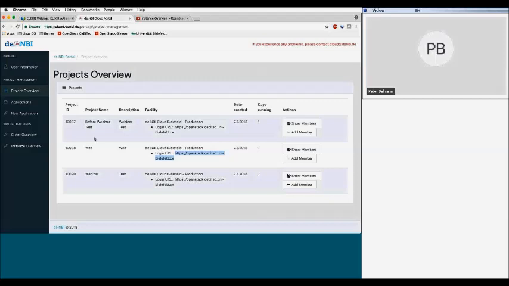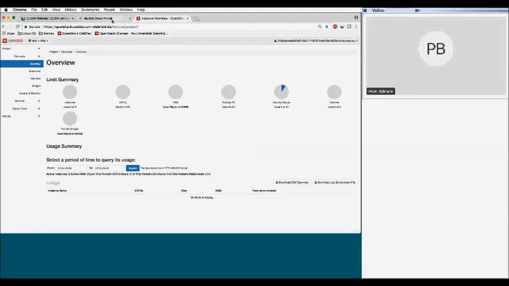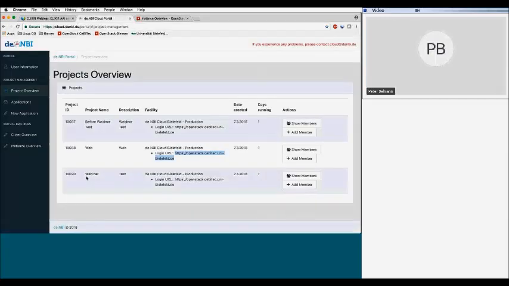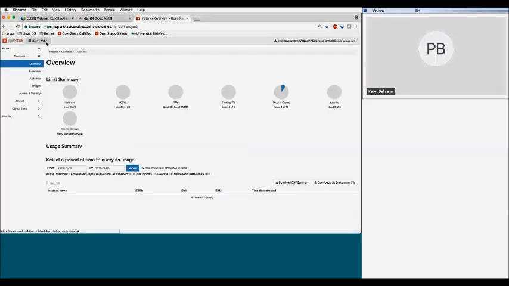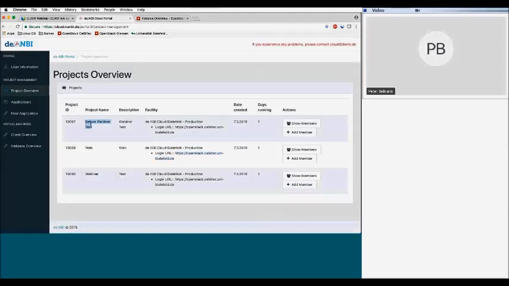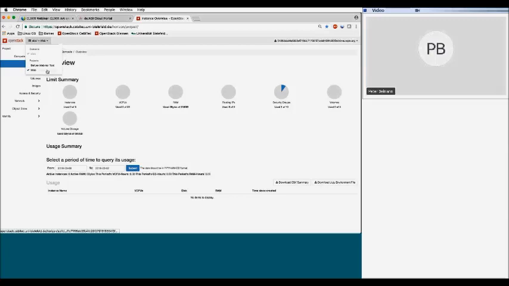As I showed you here, I created three different projects already. For the application that I just sent, it might take time until it is created in OpenStack. But I can see here what kind of projects I am already added to. In this case, it's this before webinar test, which you can see here, and the web test.